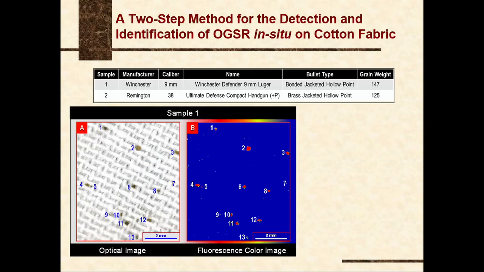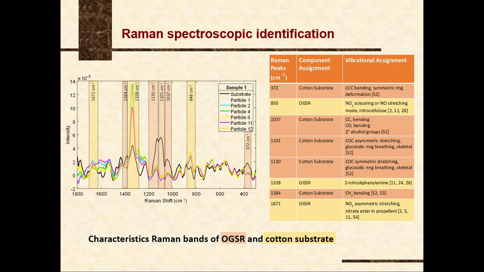Recently, we moved forward from this experiment and repeated it on cotton fabric. We practically use this cotton fabric as a target when we discharge a firearm, and then we looked for gunshot residue particles on this cotton target using fluorescence first, and you can see we found quite a few particles. And then we did the Raman spectroscopy on individual particles, and again, we identified them as gunshot residue, mainly organic